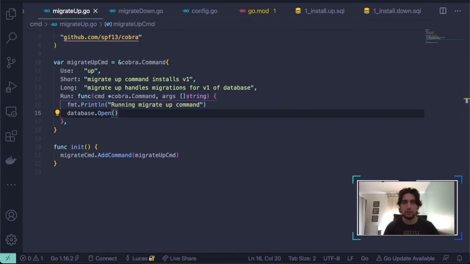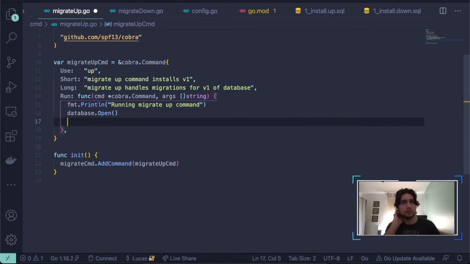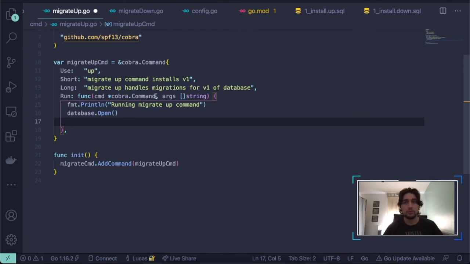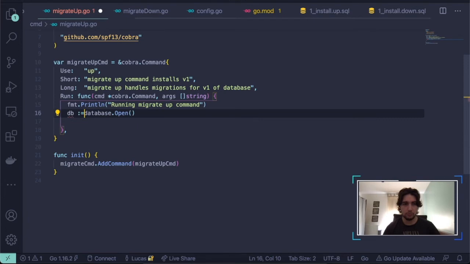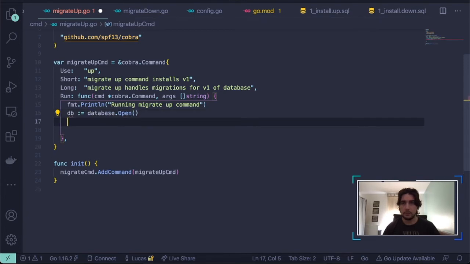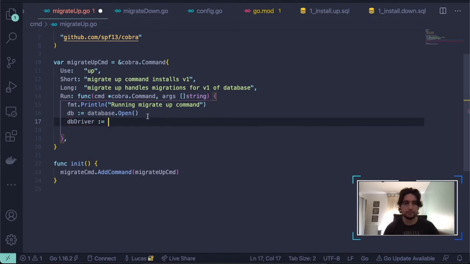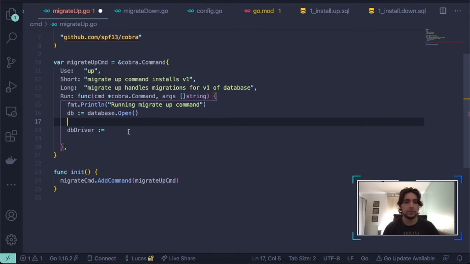Okay, so here in migrate up, in our run method, we're going to use the SQLite package from Golang Migrate to call some built-in functions like instance and drivers, and then with that driver we're going to create a new migration instance and run our actual migration. I'm going to show it to you guys. So first we need to get this, and then here we're going to have our DB driver. Okay, so our driver,